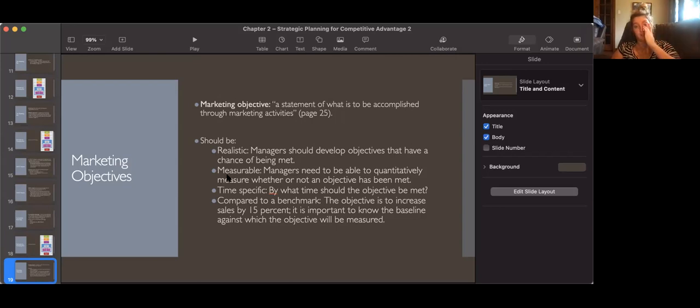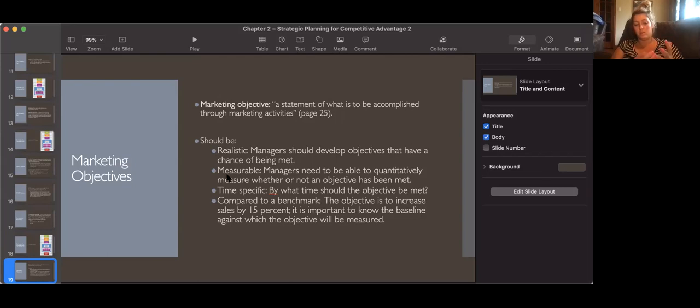We can look at it and see if it's happening or not. I need a measurable number, 7% of people returning back to rent more movies in the next 6 months. So that is something that's realistic. They didn't say, oh, I need a 100% increase. I need every single person that walks in here to come back. Nope, that's not realistic. That's impossible.